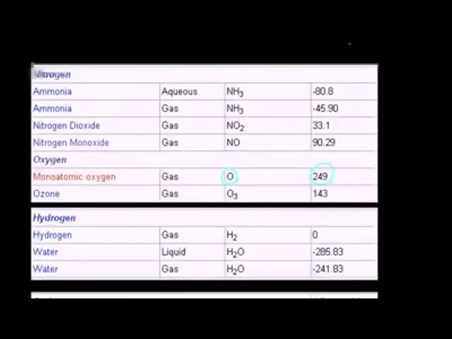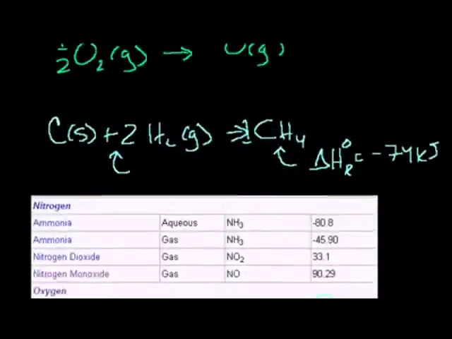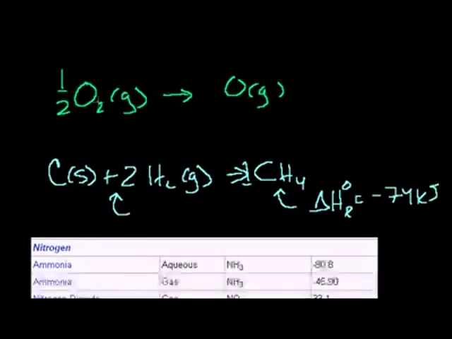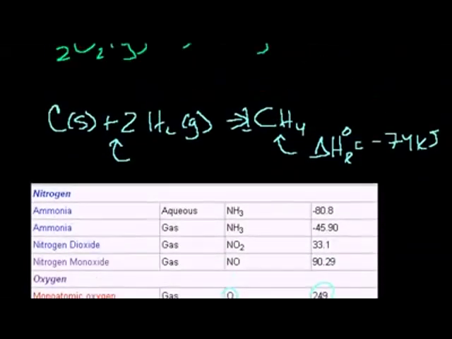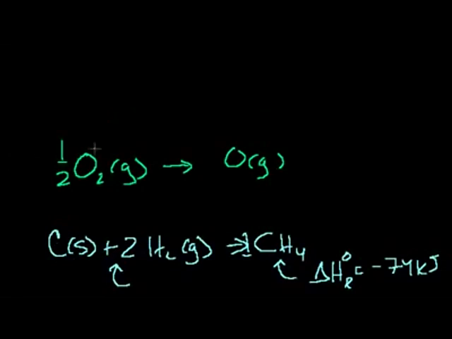This tells us that this state has more potential than this state. And in order for this reaction to occur, you have to add energy to it. You have to put the energy on the other side. So you would have to say plus 249